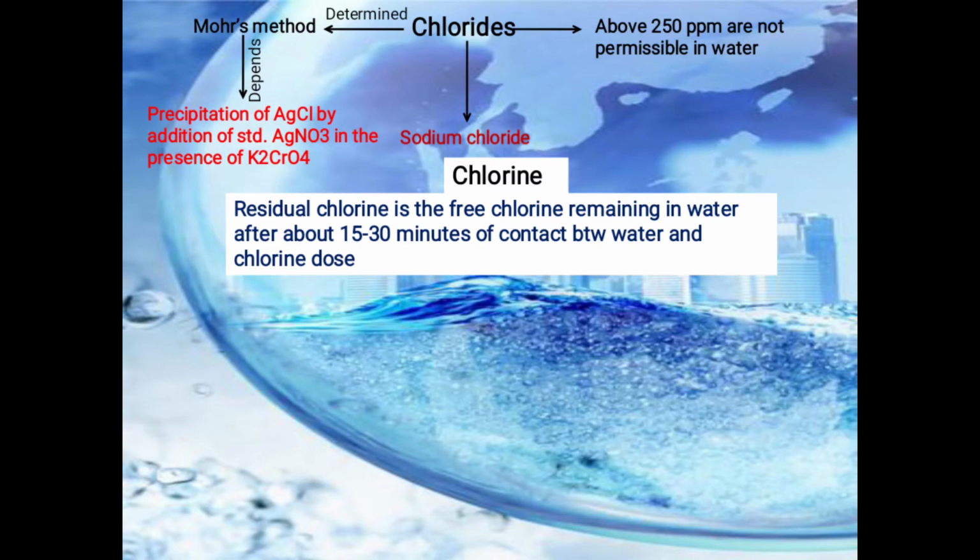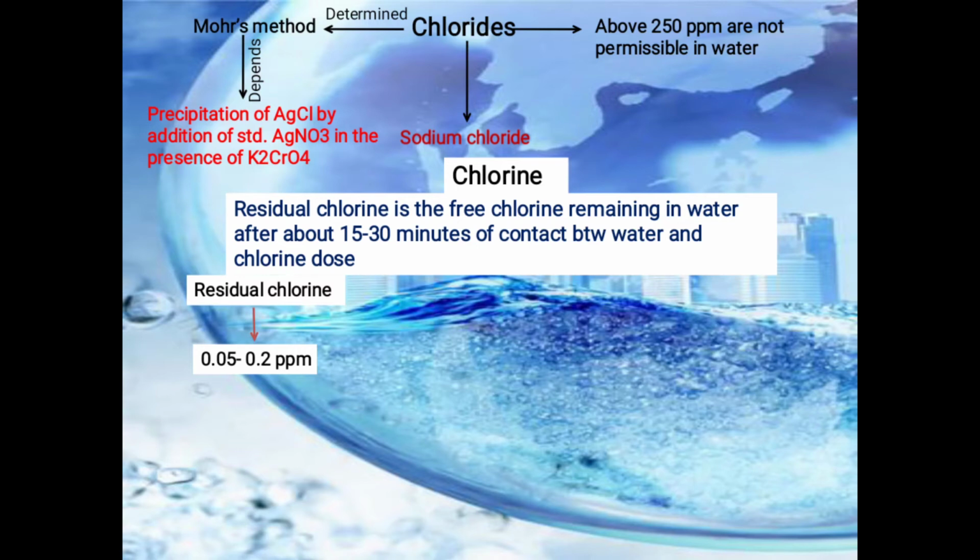The presence of residual chlorine ensures an effective check over the reduction of bacteria in water to the safe limit. The residual chlorine may be present in the free form, which has a very rapid disinfecting action, or it may be in the combined form with ammonia to form chloramines, which is less active. The residual chlorine should remain between 0.05 to 0.2 ppm in the water so that it remains safe against pathogenic bacteria.